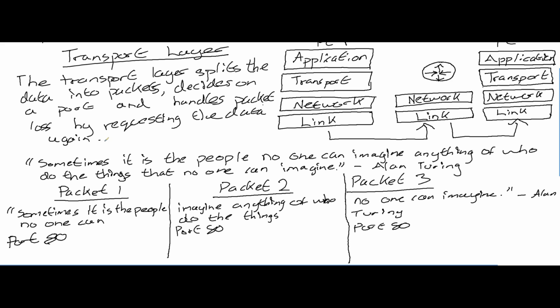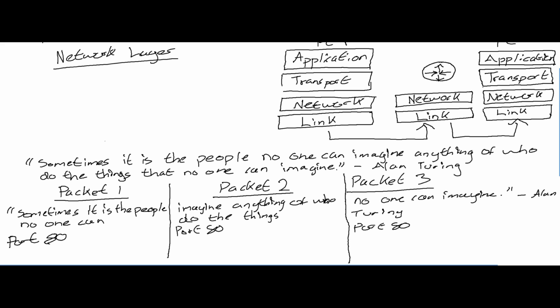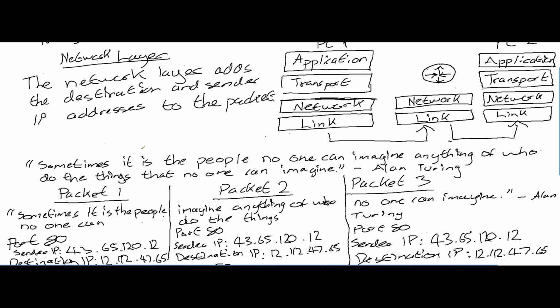Now we're going to move on to look at the network layer. What's really key about the network layer is that it adds source and destination IP addresses. It's important to remember that these sender and destination IP addresses do not change through the course of multiple hops between routers, because they are used to make long-term and long-distance routing decisions across the